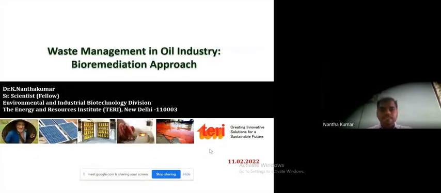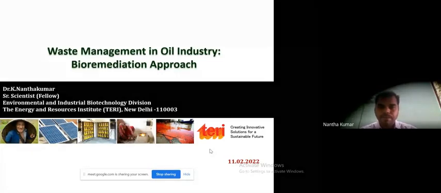So already we have discussed the different waste generated from various processes, the upstream, midstream, and downstream processes, particularly focused on upstream. What different kinds of waste are generated from oil well exploration and production, and what approaches or methods are available which can manage it without producing any secondary waste or secondary pollutant from the process.